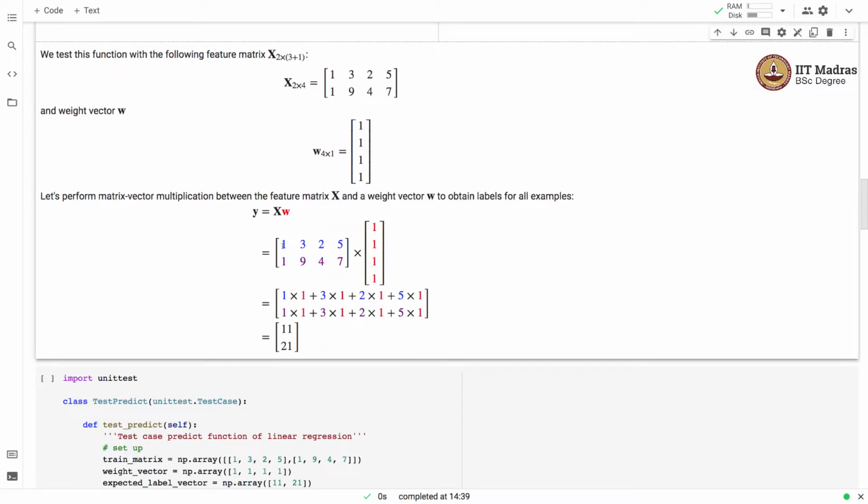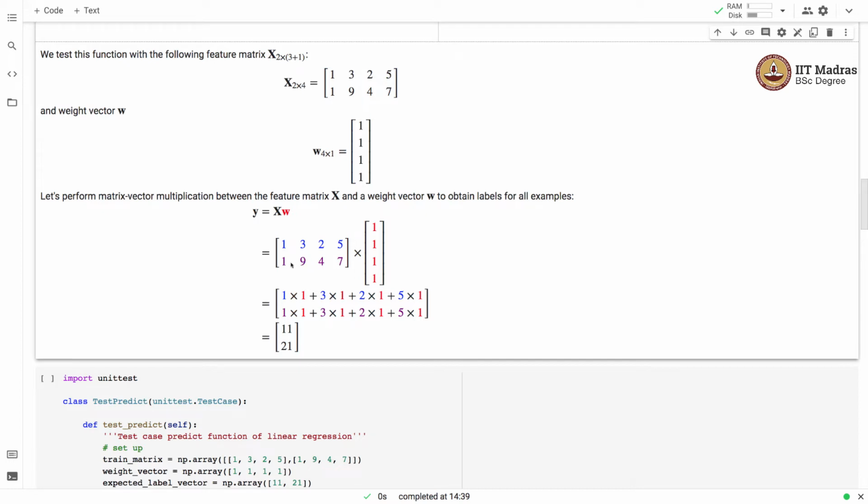Now we will multiply the features of the first example with the weight vector. So each feature gets multiplied with the corresponding weight and then we sum up the result of this multiplication across all the features. So in case of the first row, the product of the first row and the weight vector is as follows. 1 gets multiplied by 1, 3 gets multiplied by 1, 2 gets multiplied by the third one and this 5 gets multiplied by this fourth one.